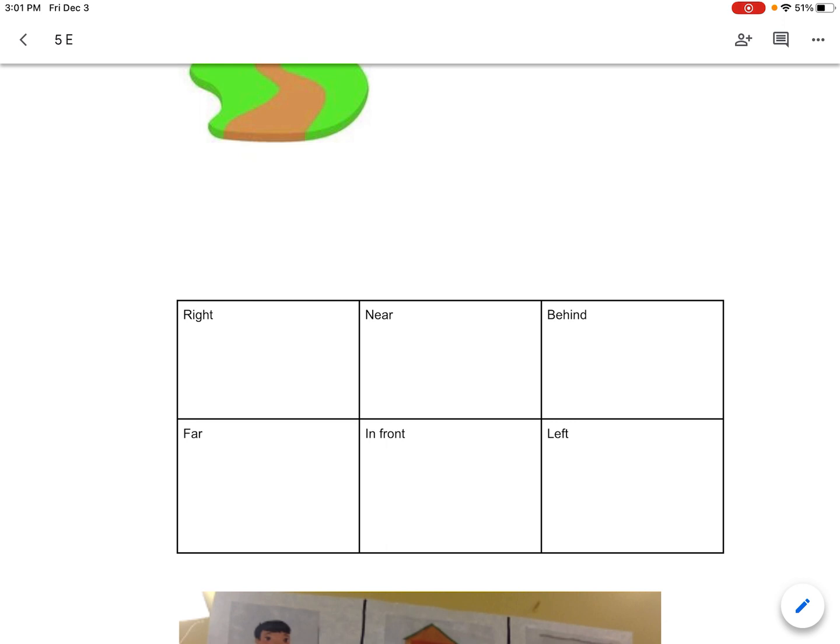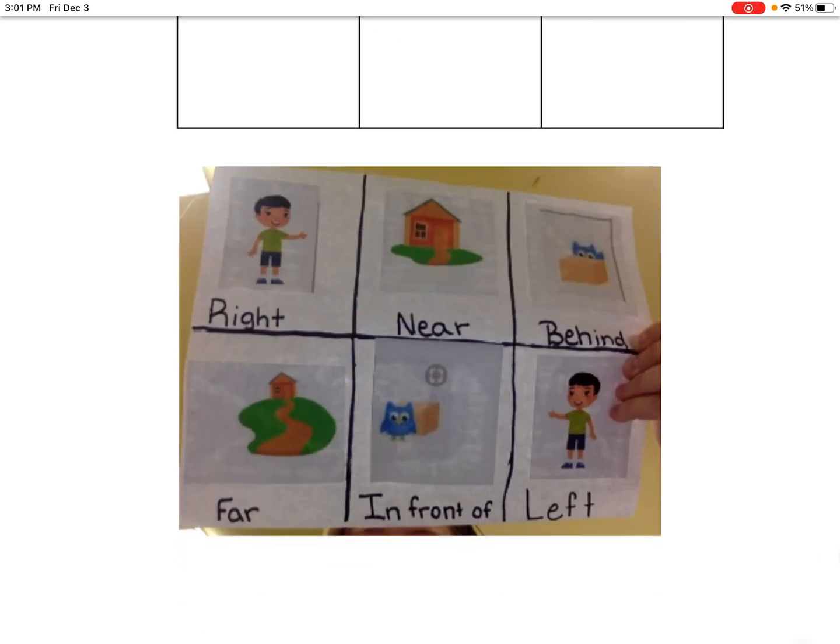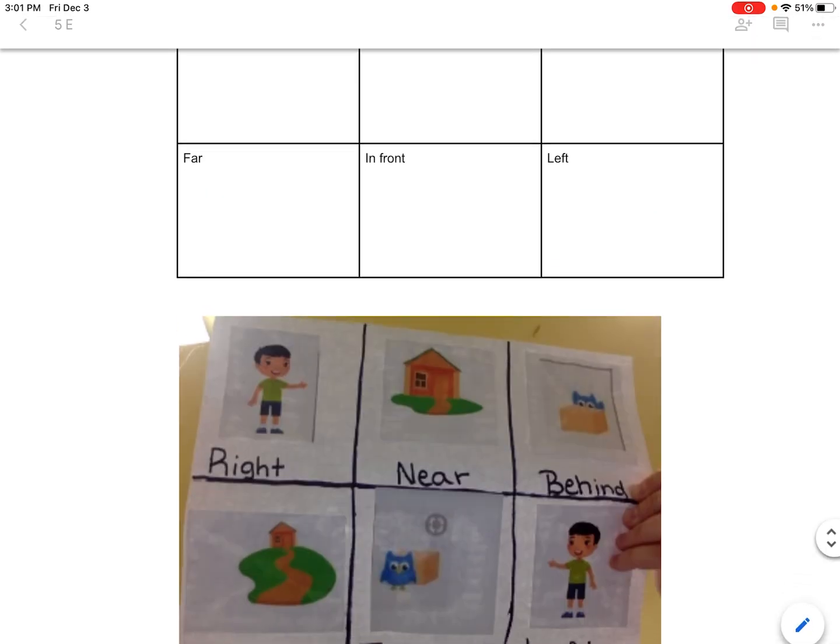They were just placing them in the correct key terms, and this would be an example that a student might have submitted in Seesaw. I feel like this was also my favorite portion